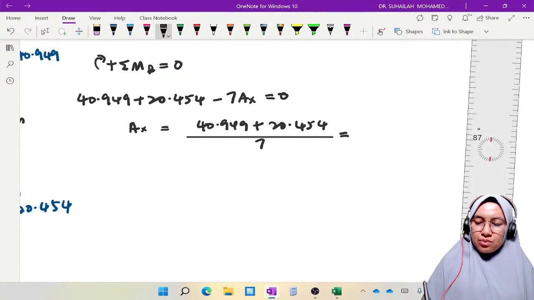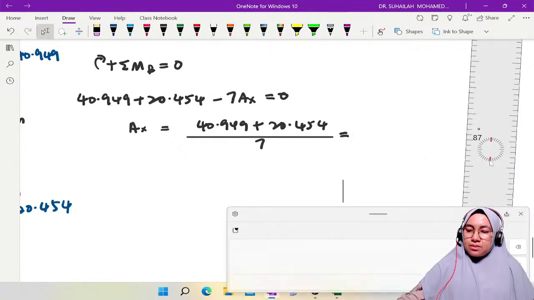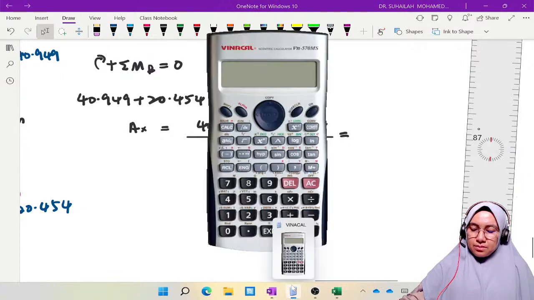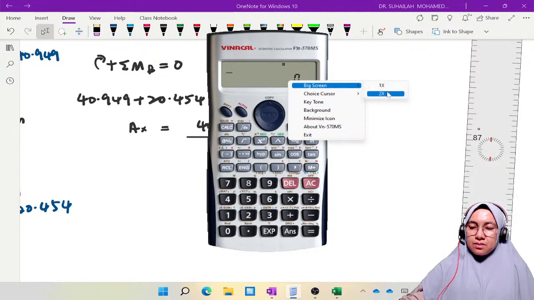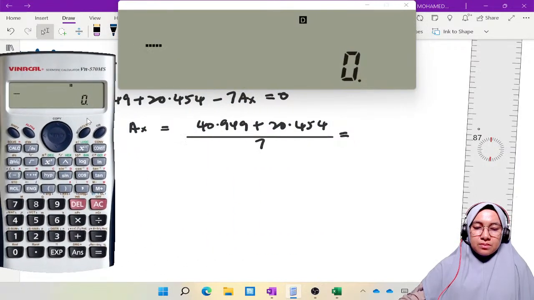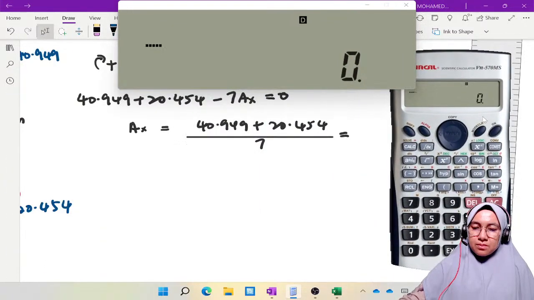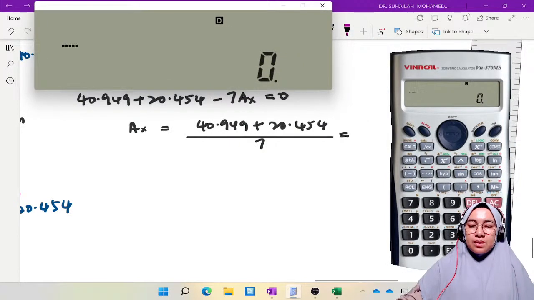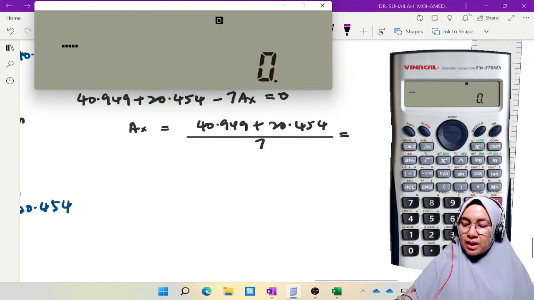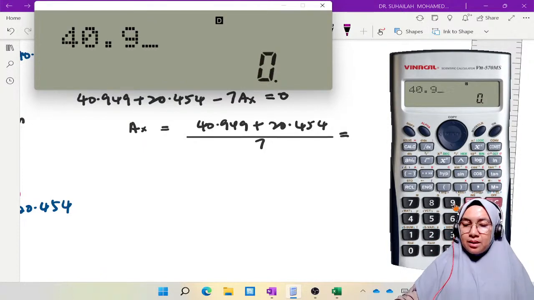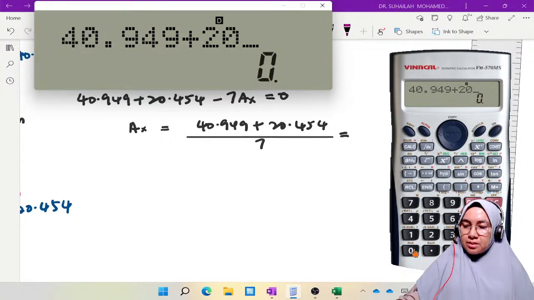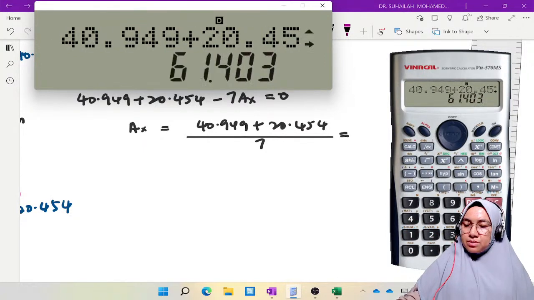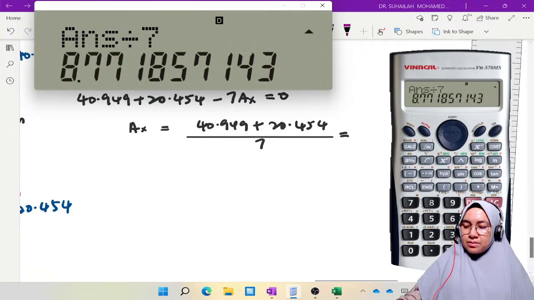So it is 40.949 plus 20.454 divided by 7. Okay, so AX is equal to